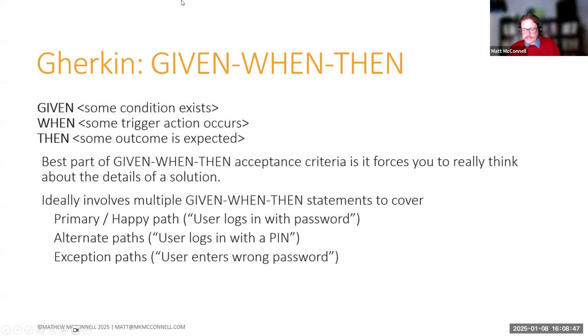But what I've found in my years as a product owner is that the best part of given, when, then as acceptance criteria is that, if I use this template, it really forces me to think about the details of a potential solution. I have to think through, okay, what has to be true for this to happen? If the development team is going to use this as a test case, and on the last program I came off of, I was fortunate enough to have a dedicated automated test engineer, and he loved when I would use Gherkin to describe our user stories, because he would just build his